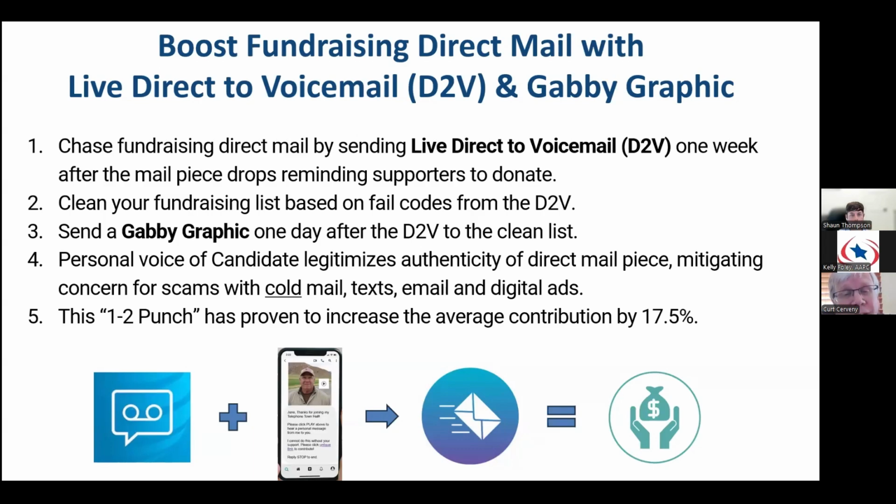One more benefit that came out of a recent beta test that we did: when we did the ringless voicemail, we sent out to, in this case, 57,000 of them. And out of those 57,000, we found out that they had about 8,000 bad phone numbers. So we only sent the Gabby texts out to the 47, 48,000, 49,000 people that we knew had correct phone numbers. That meant the client got to go back and clean up their existing database with better data, knowing that these phone numbers were wrong.